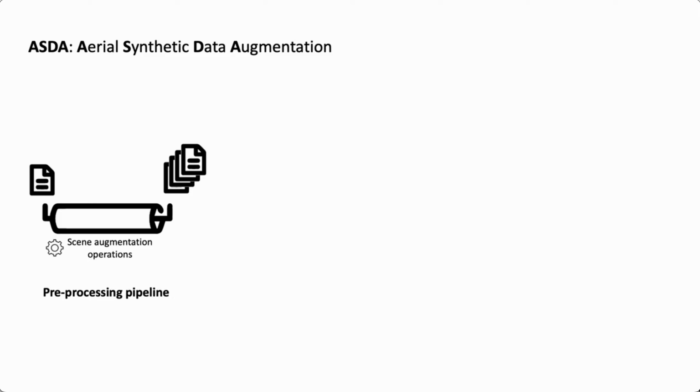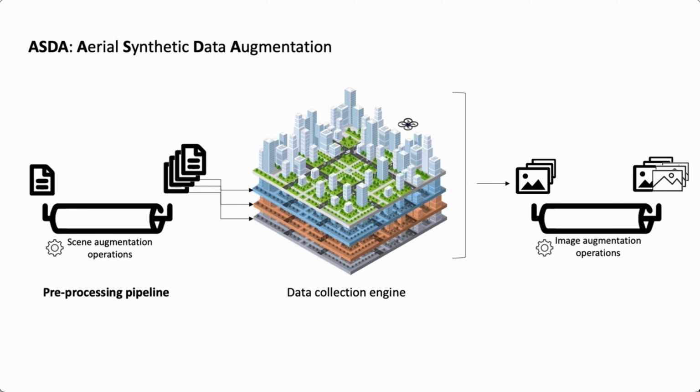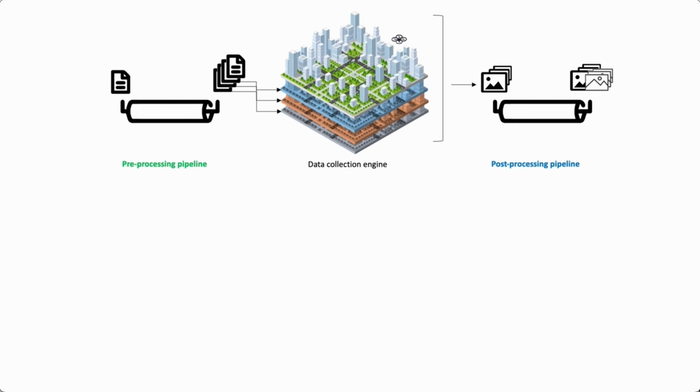The pipeline is implemented such that it can run a batch of operations attached to it to generate an unbound number of scene variations based on operation specifications before feeding them to the data collection engine. The post-processing pipeline has built-in augmentation operations that are applied over collected data to further augment the training datasets. Additionally, ASDA increases synthetic data generation efficiency by connecting scene and data augmentation pipelines to the data collection engine and enabling flexible control through a unified prompt-based interface.